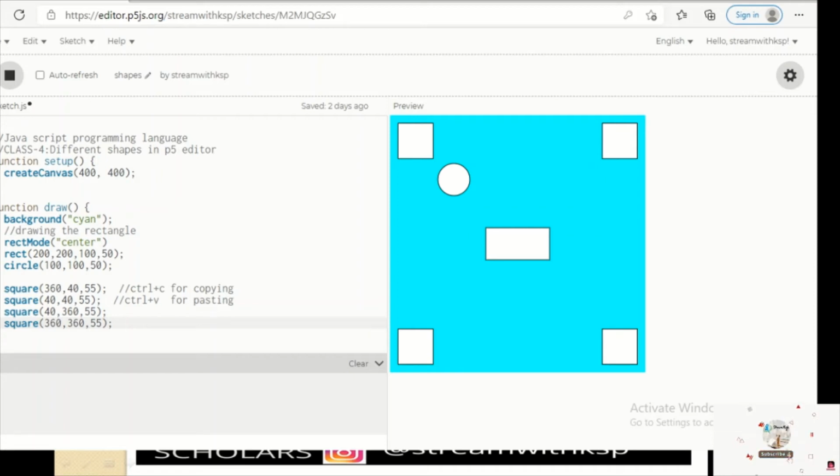So you can observe how we are playing with the shapes. If I want a shape in a particular position, I am changing the X and Y position and I am able to do that. Okay, so this will be helpful for you in most of the games because you want to make a position for any game player and you want to make it in a particular position. In that case, this concept will be useful. Okay, so now we will also do the same thing for the circle.